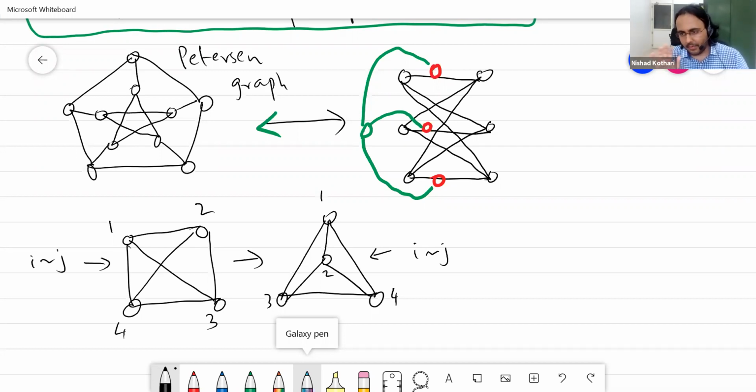So basically, it's just a different way of drawing a graph. Essentially, if you're looking at their drawings, two graphs being isomorphic basically just means that it's a different way of drawing the same graph. So from now on, I will not use the word isomorphic. I will just say that the subgraph is a subdivision of K33, rather than saying that the subgraph is isomorphic to a subdivision of K33. Okay, I'm just going to do away with the term isomorphic. Does that make sense?